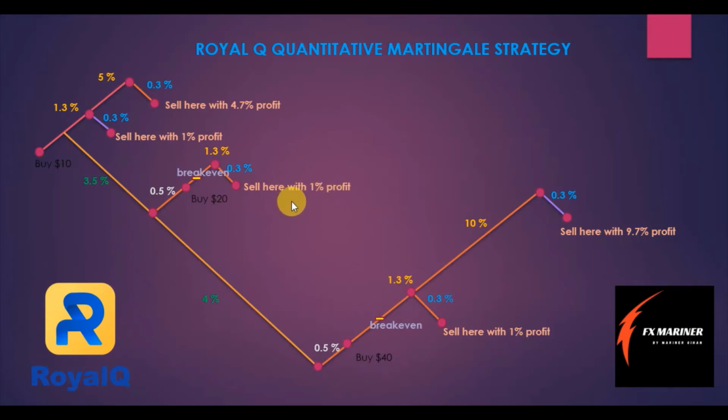But the best thing here is that if you look at here, 10%, it will close here with the 1%. So 1% is for $10, but here 1% is for 20 plus 10. So what is making more money for you if the market goes down is that it buys at the bottom. So here the 1% is profit for all the $30 you bought, right?